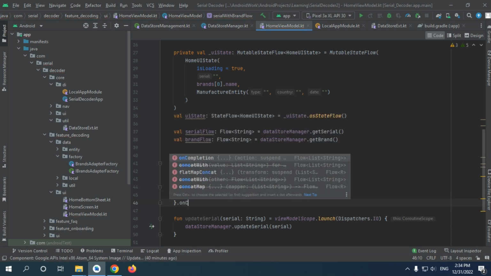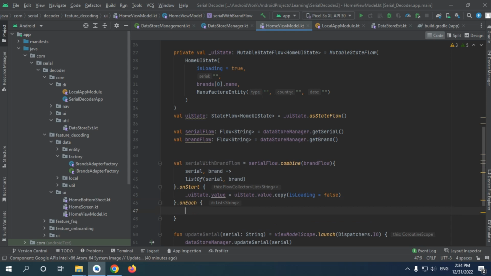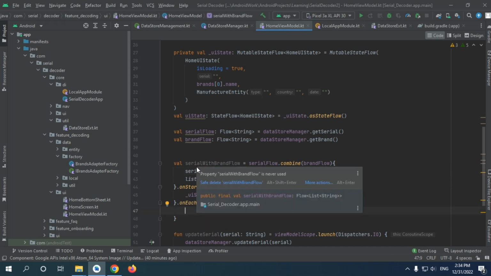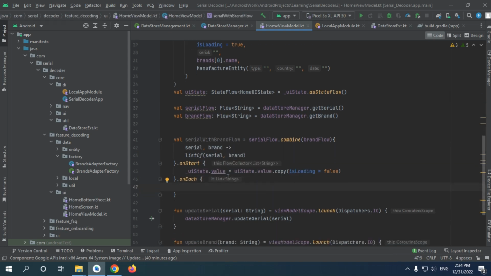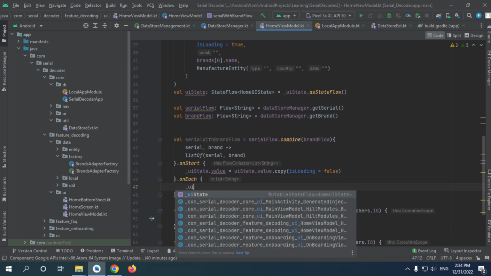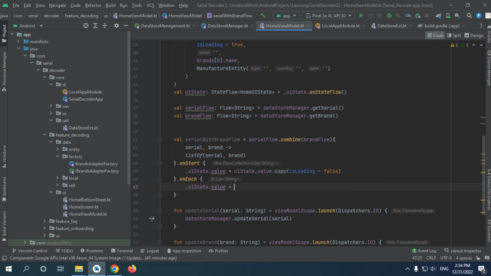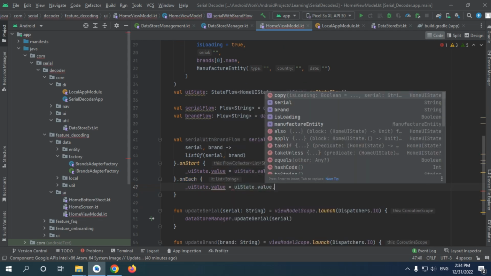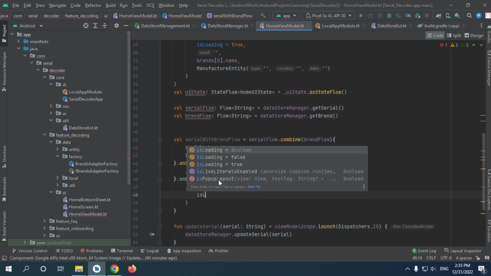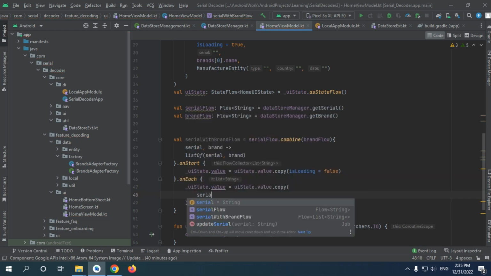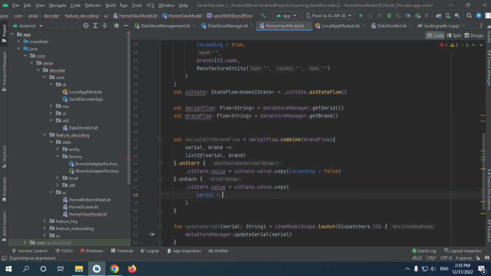Alright, and now for the default on each, when it has a new value, whether it was serial update or brand update, or maybe both, but we don't have the option to have both here. So when we have it here, I'm just gonna change the UI state to be a copy of the current UI state. The is loading is the same, the serial is gonna be the serial, and I'm just gonna make it serial with brand list,